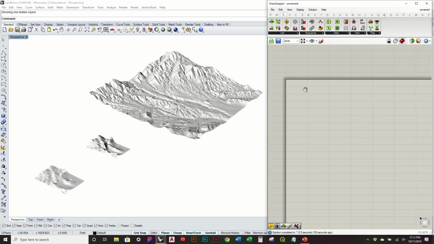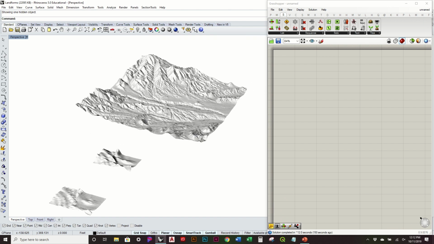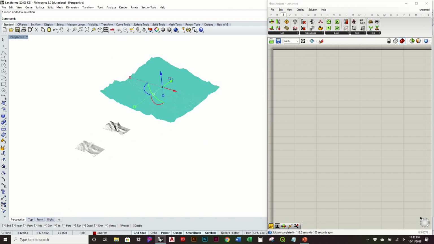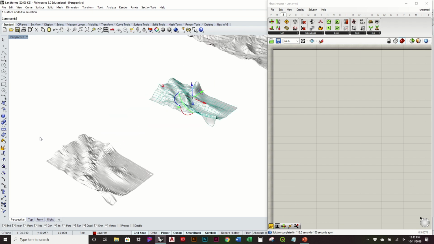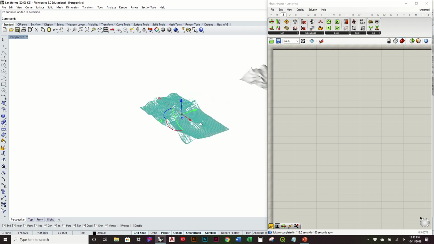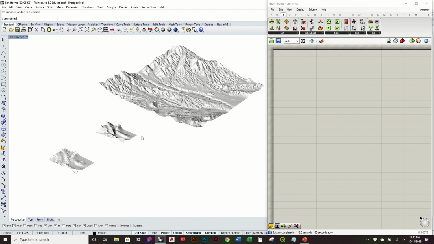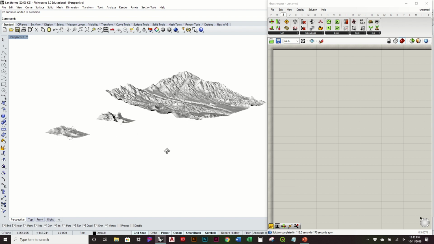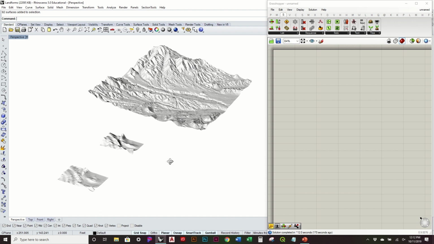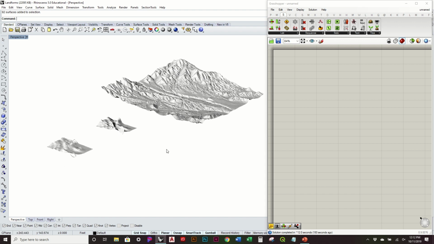Alright, so now we're going to continue our analysis of our landforms, whether it's a mesh, a surface, or even a series of surfaces. So these are all just strips of surfaces. We're going to use a very similar process to what was in one of the previous videos on analyzing these for their elevation, except instead of analyzing the z-values of points, we're going to analyze their normals. So it's going to be a very similar workflow process, which is great because it's easy to begin the